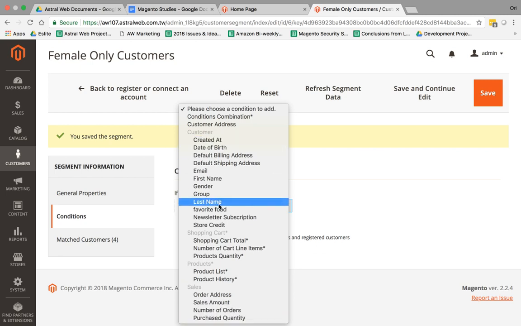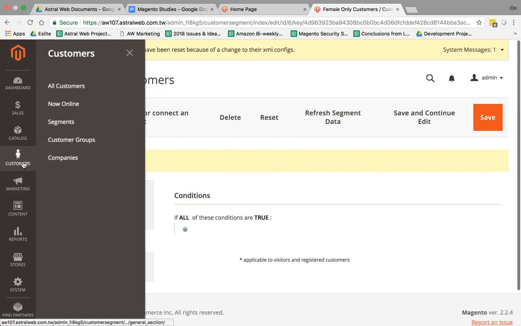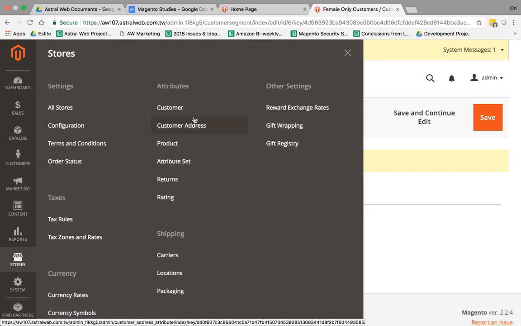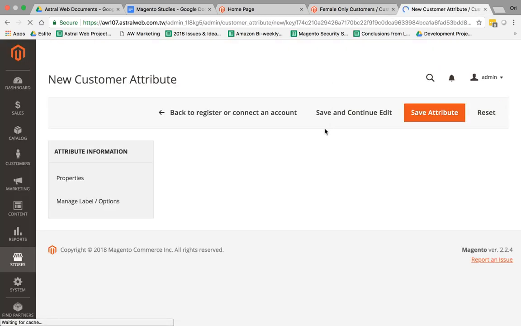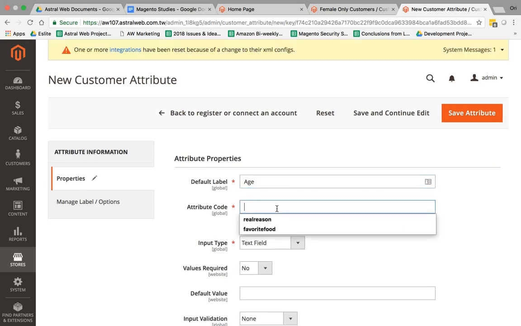So customers, first of all. Magento 2 Commerce allows you to create your own customer attributes, just like you can create product attributes. So for example, if I wanted to create a customer attribute, I'm going to go to customer attributes and open a new tab. I can create a new attribute, for example, called age.